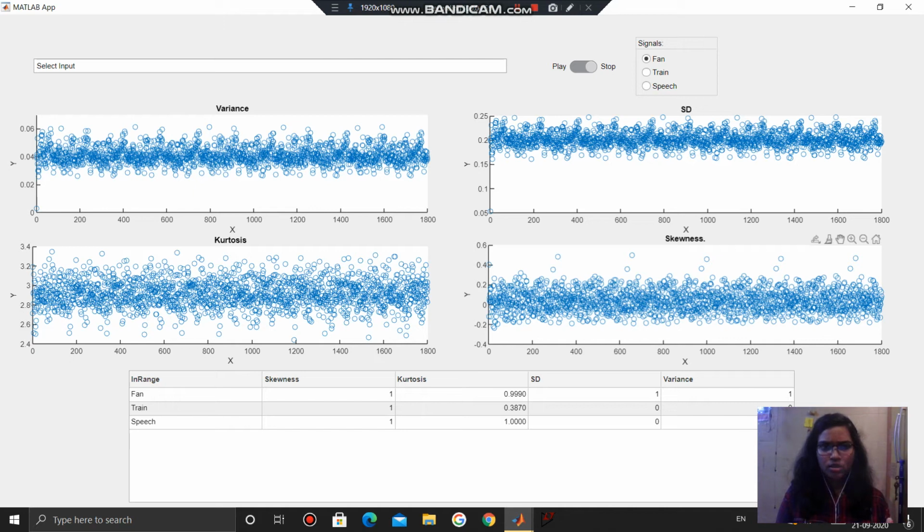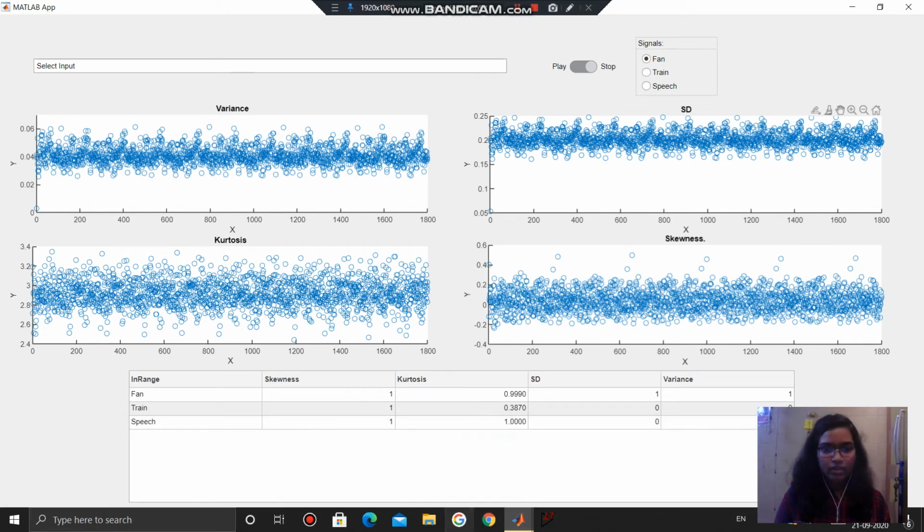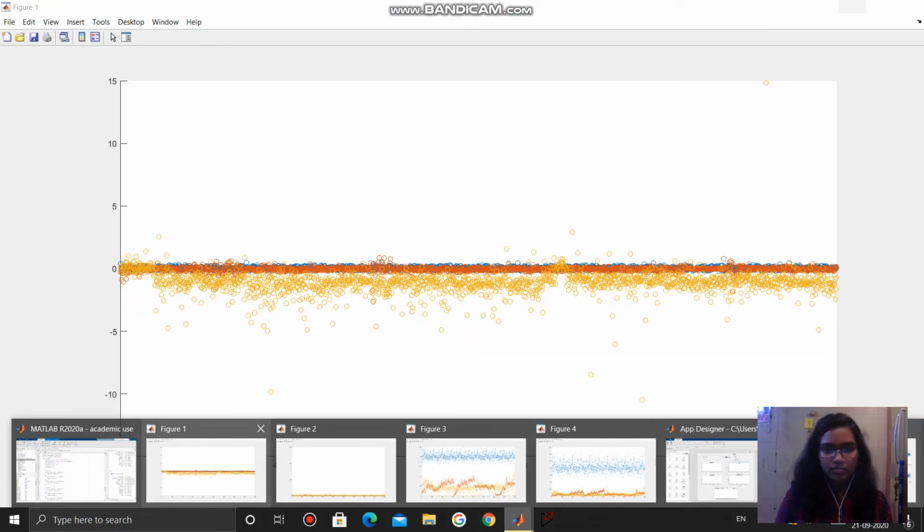That is because when I plotted these graphs, I realized that there's a superset-subset relation between these values. For example, the variance of my fan signal is becoming a subset of the variance of my train signal or my speech signal. Since I'm using if-end instead of else-if-end, it is reading even the other ranges that it falls into.